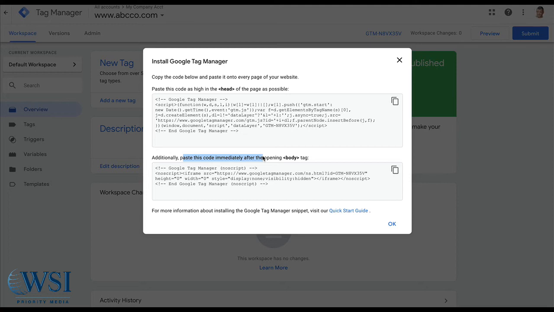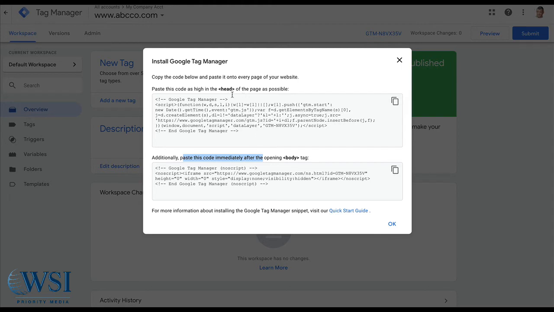I'm going to show you how to do that in a moment, okay? If you have other codes in your website, get rid of them. If you have your Facebook pixel, for example, get rid of it. You can just put your Facebook pixel inside of your tag. This is the only code that you'll need to manage inside of your tag anymore.